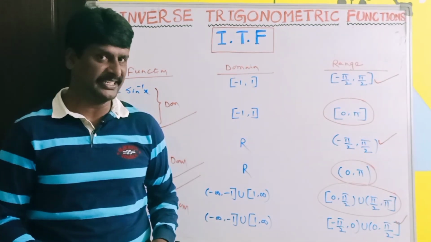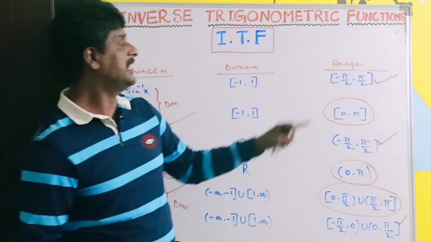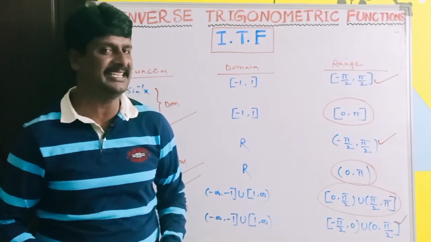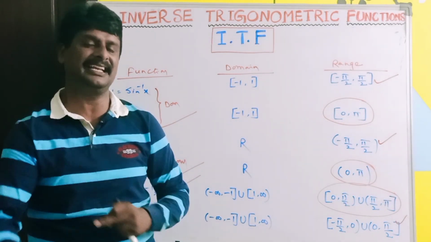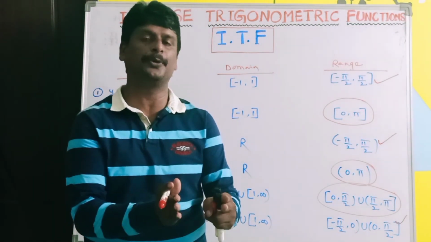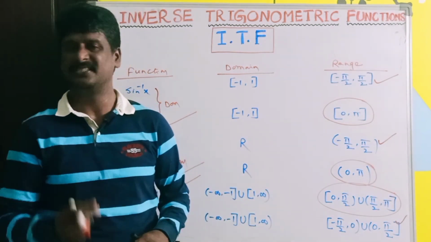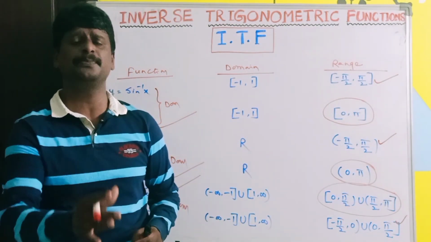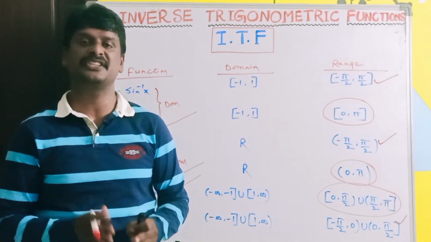And while coming to cosecant inverse x, its range is also almost the same as sine inverse x. But from minus pi by 2 to pi by 2 there is 0. At 0 cosecant is undefined. Because cosecant is undefined, in the range of cosecant inverse 0 is excluded. That's why minus pi by 2 to 0 open at 0, union open 0 to pi by 2, just excepting 0. Here accepting extreme points. So it is very simple to remember domains and ranges of inverse trigonometric functions with this trick.